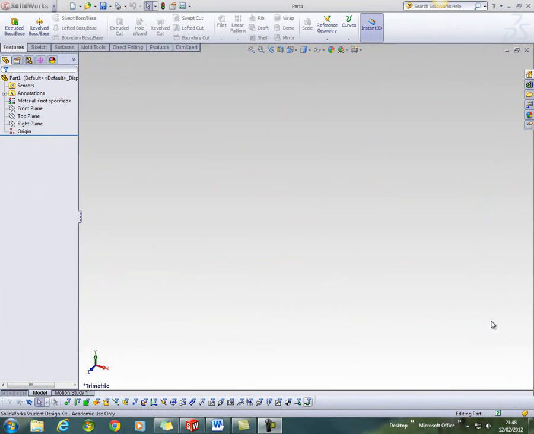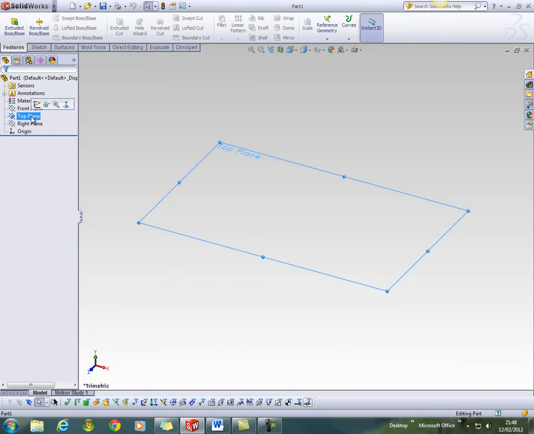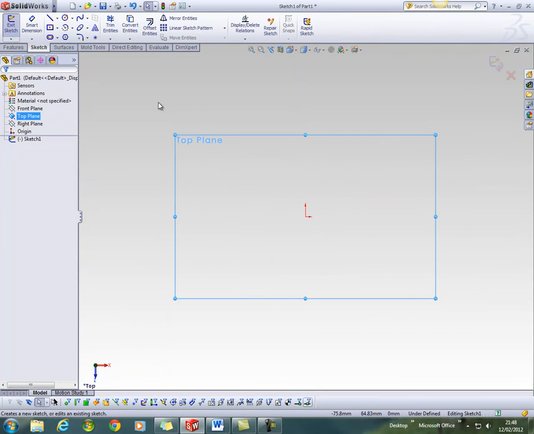This is the video for exercise 2 from the week 3 modelling exercises. Okay, so start a new part file, and we're going to create the beginning part feature for our component by drawing a circle on the top plane. So select the top plane, create a sketch, choose the circle tool,